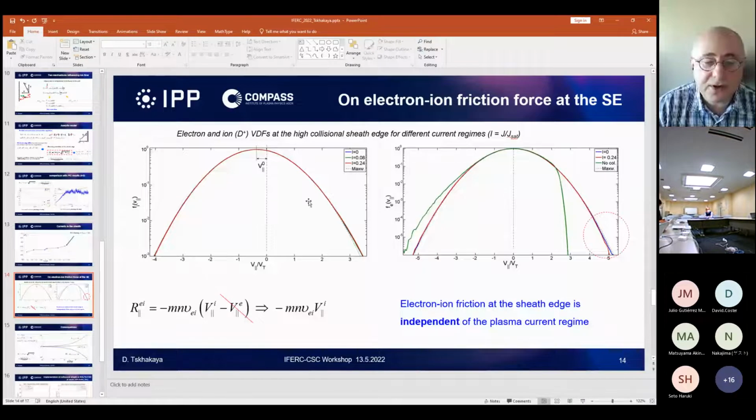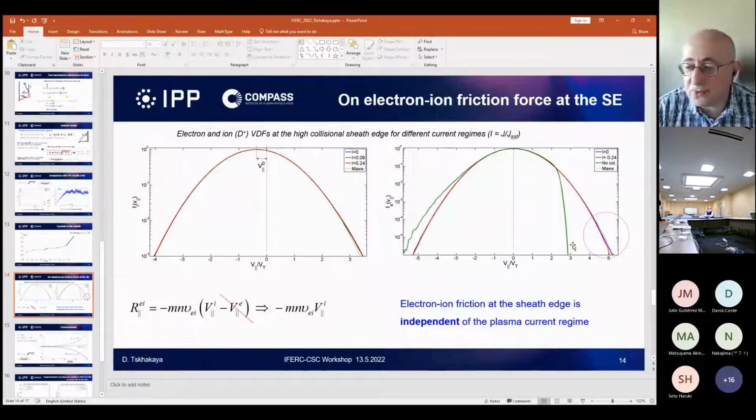If you look at the distribution function of ions at the wall for different current regimes, comparing with a Maxwellian, it's quite near to Maxwellian. Once more, here we do not consider impurities, and these distributions can be much more different if you have impurities. We see that it's really a kind of shifted Maxwellian for ions, which is used in many analytic models. So this is our velocity for ions. But the problem is that the current of electrons is not made by a shift of the electron distribution, it's made by a cutoff.